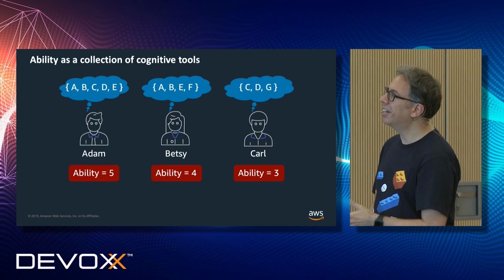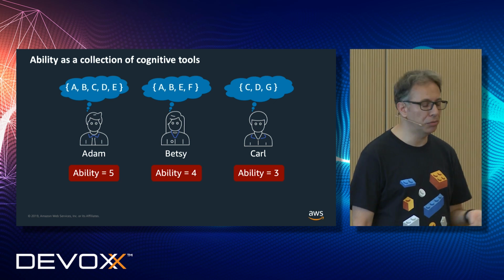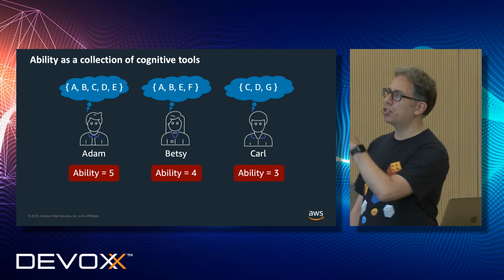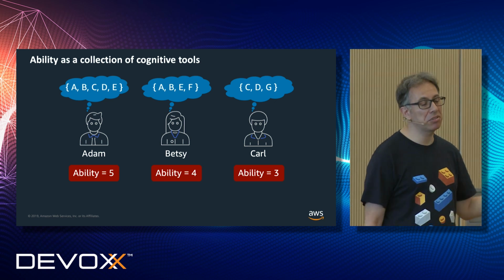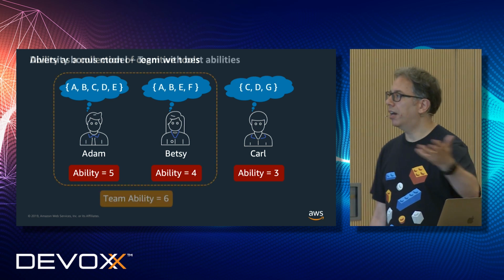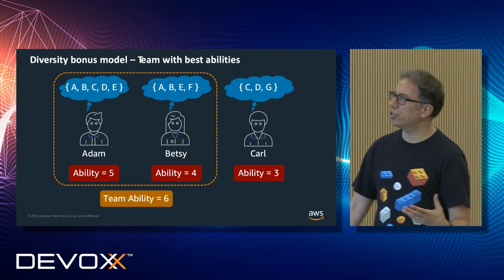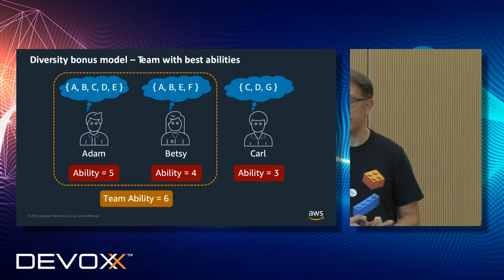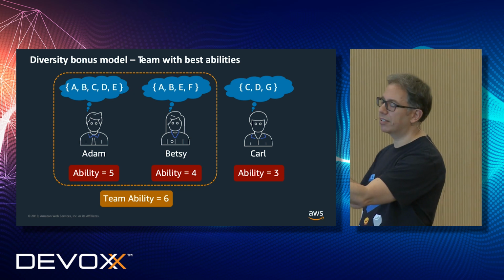easier to read. And let's say that I want to create a team of 2 people, because it's easier to do visually, and I have to choose 2 people among the 3 people that I have available. So normally I would say, okay, let's take the best people, and this will give me the best team. I take Adam and Betsy, but if I look into Adam and Betsy, there's lots of overlap between their own knowledge. So the unique ability of my team is 6.